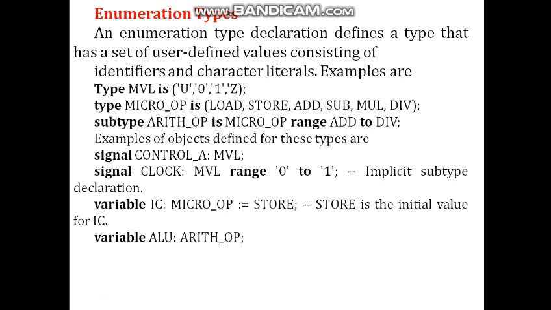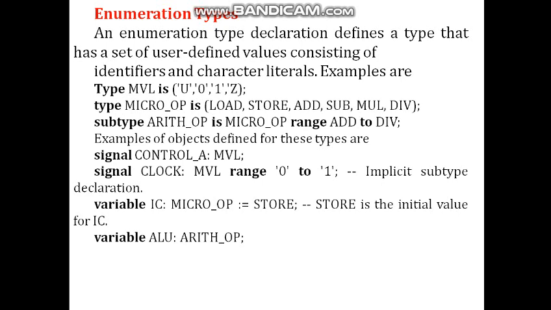That is, the values addition, subtraction, multiplication and division belong to the subtype arith_OP. A range constraint can also be specified in an object declaration, as shown in the signal declaration for the clock. Here the value of signal clock is restricted from 0 to 1. The order of the values appearing in an enumeration type declaration defines the lexical order for the values.